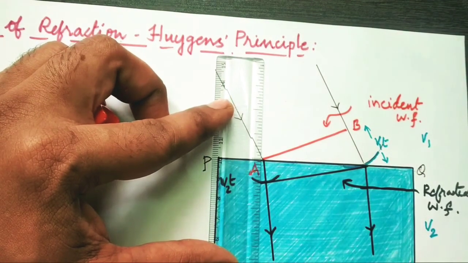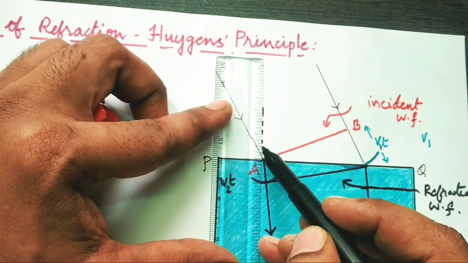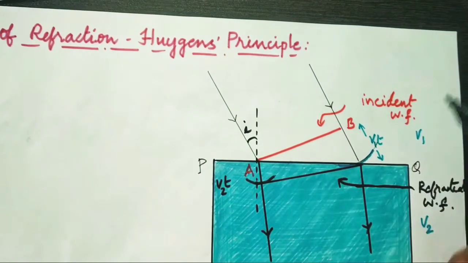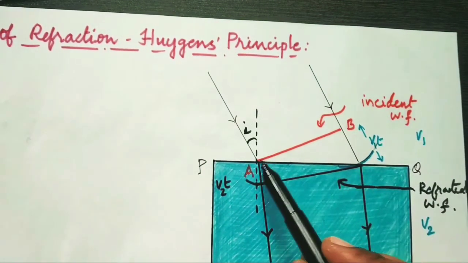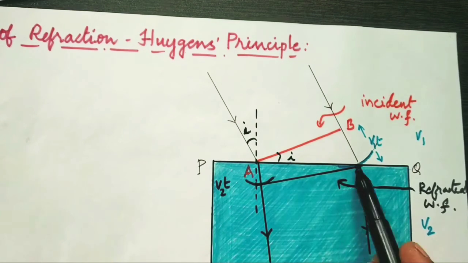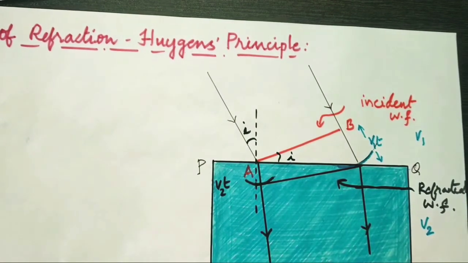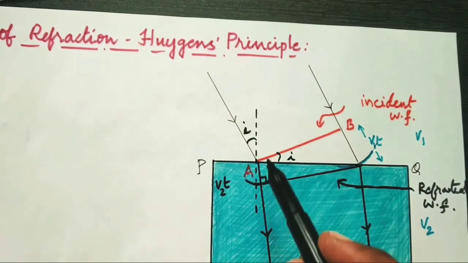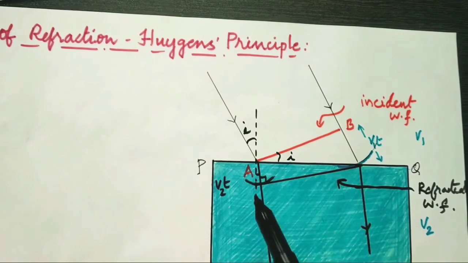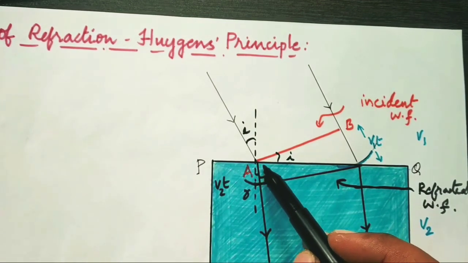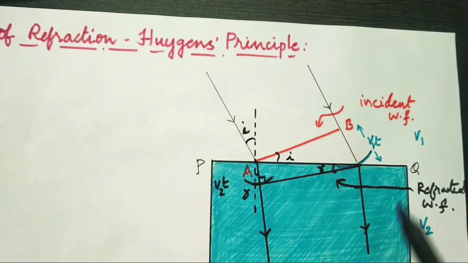Now we can see very clearly the bending of light rays while traveling from rarer to denser. Let us draw a normal here. The angle between the incident ray and the normal is called the angle of incidence. In the same way, we take the angle of incidence here, because that is the incident wavefront; it makes the same angle with the interface. Now this is 90 degrees because the wavefront is perpendicular to the refracted rays. This is the angle of refraction r. So this will be 90 degrees, so 90 minus r will be here, and since this is 90, this becomes r.